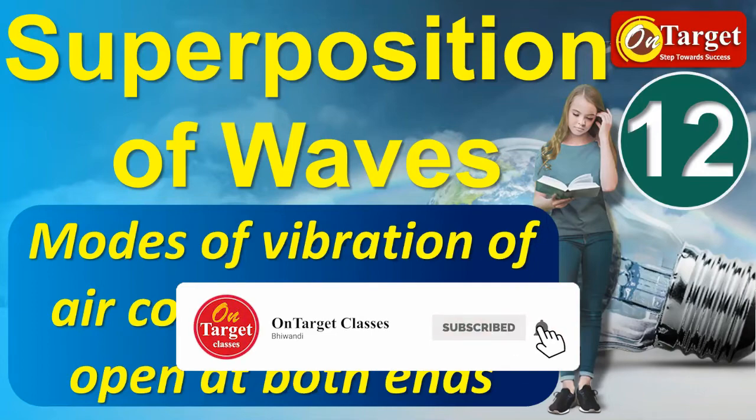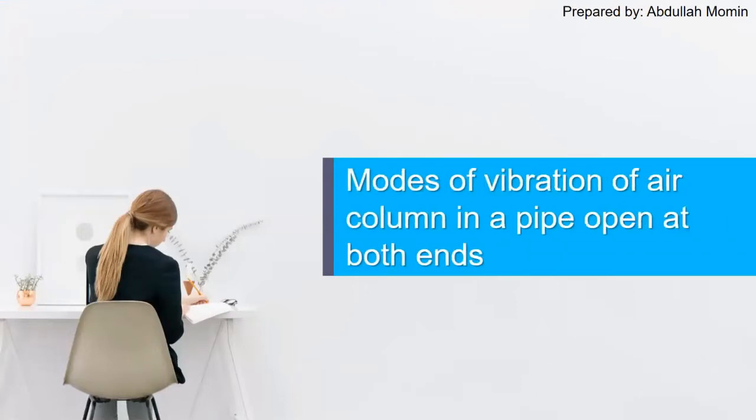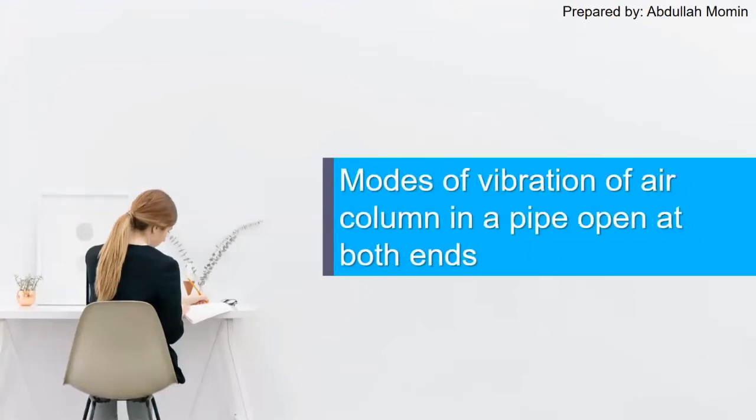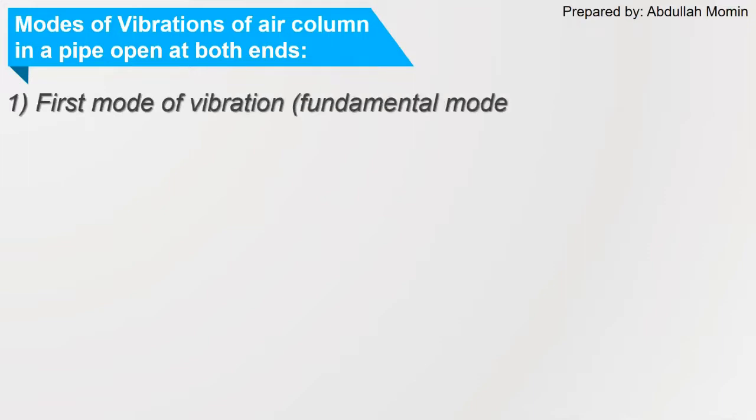In this video, first we will see the three modes of vibration of air column in a pipe open at both ends, and we will derive the equation of frequency of each mode of vibration one by one. So first mode of vibration of air column in a pipe which is open at both ends,